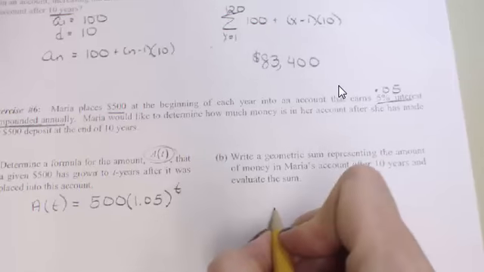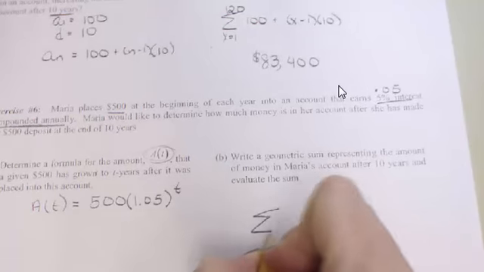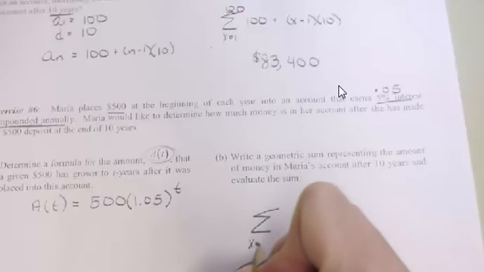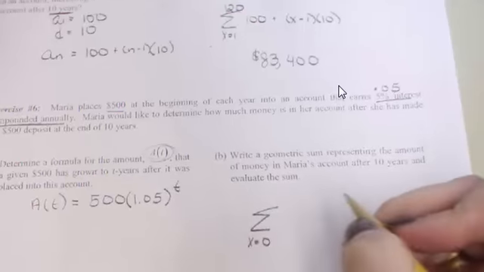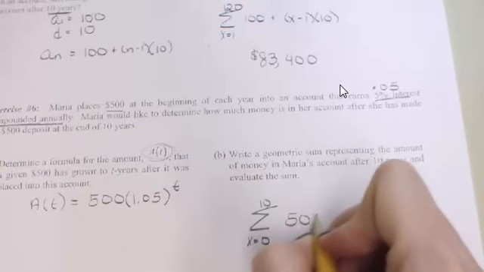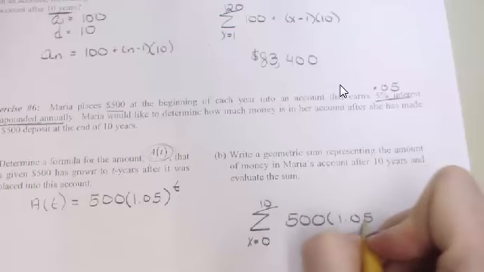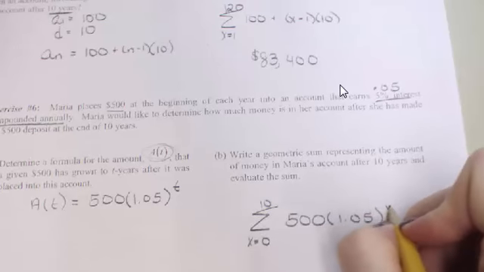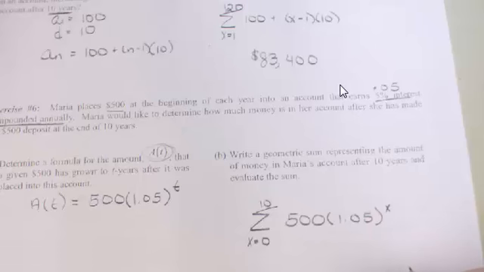So we're going to start right here, and we have to include that initial 500. So I'm going to be starting at 0 time, and we're going to go 10 years. To the x, type that in,